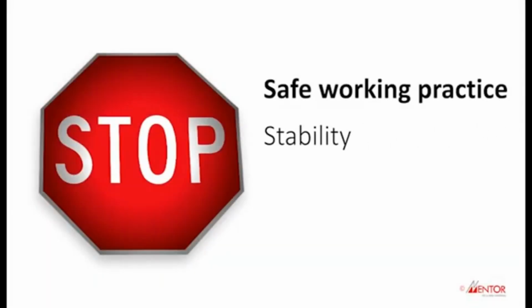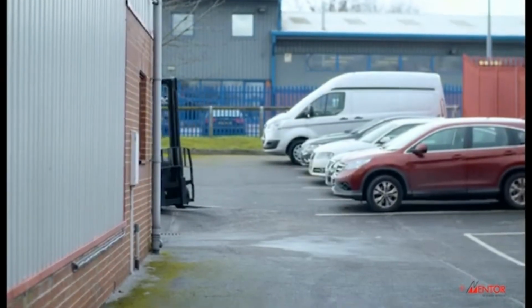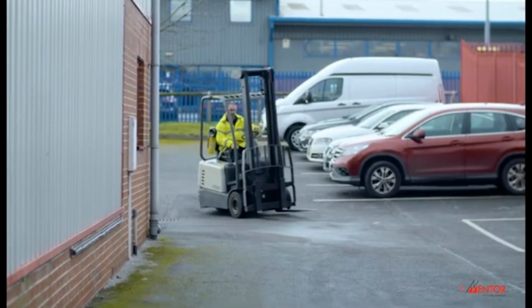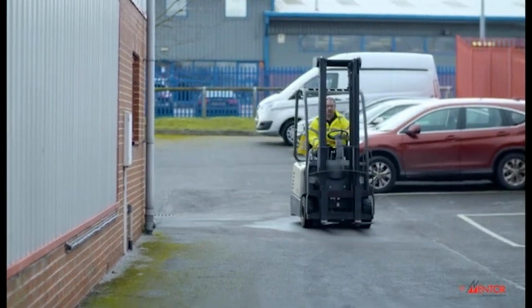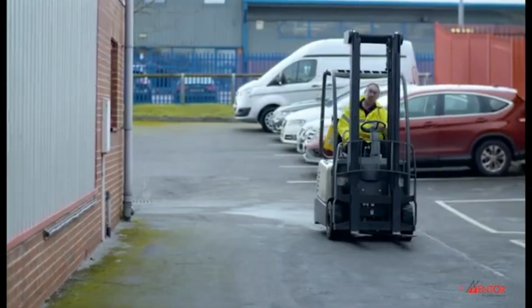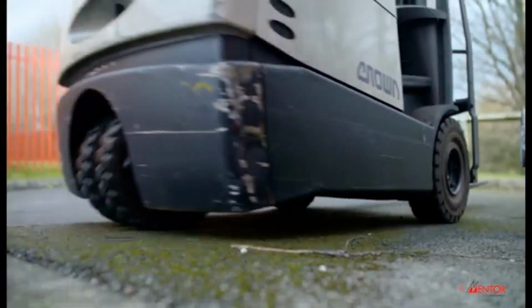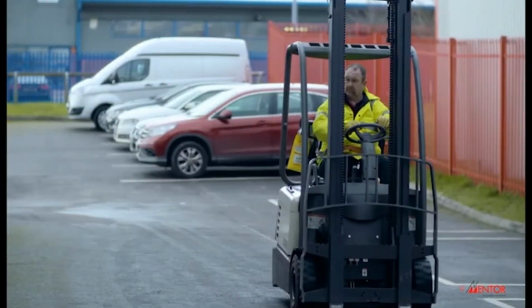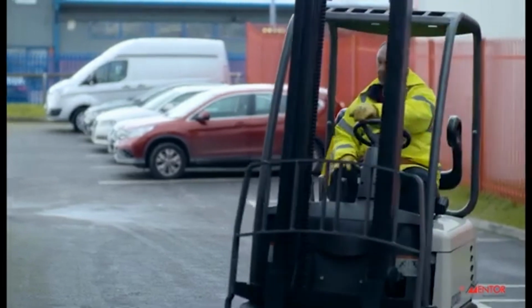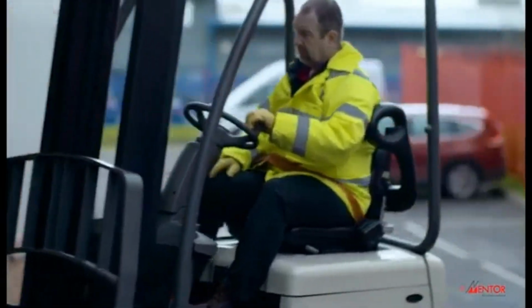We have now covered the stability element of safe working practice, and you should now understand what makes a forklift stable and unstable. The second element under safe working practice is speed. Wherever you are operating a lift truck, you should always drive at a speed that is appropriate to the environment and conditions and according to the company rules. Increases in traffic, reduced operating space, visibility and ground conditions will all affect your conditions and environment, and therefore your speed should change to suit the situation.